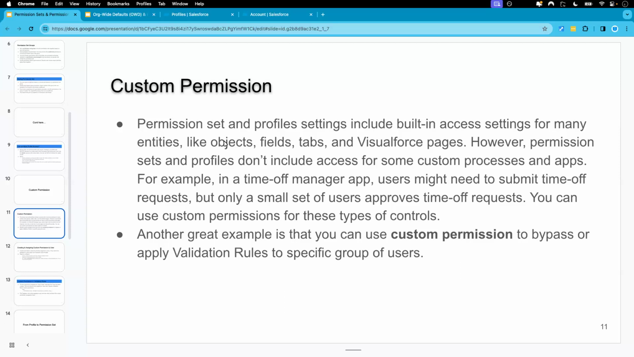So what we're basically saying is that permission sets and profiles give us access to objects, for example, right? But we can't use permission sets and profiles to manage or verify if users have access to custom processes or apps. For example,